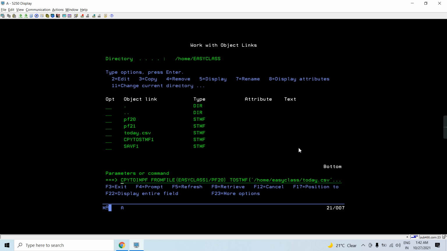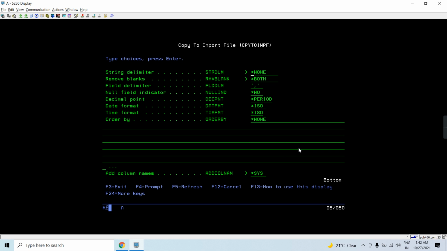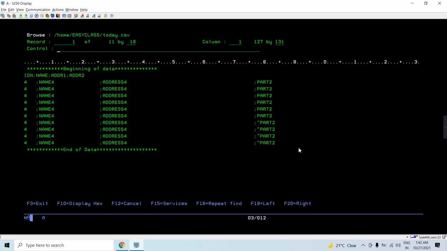If I want, I can have other things too. Let's say I can use any other character, like a semicolon, to separate. Instead of comma, I can use semicolon, because many systems in other countries, in European countries or European locales, use the semicolon instead of the comma as the separator.